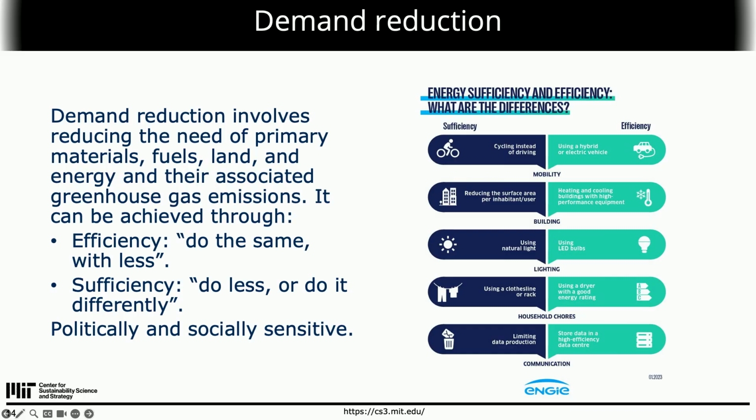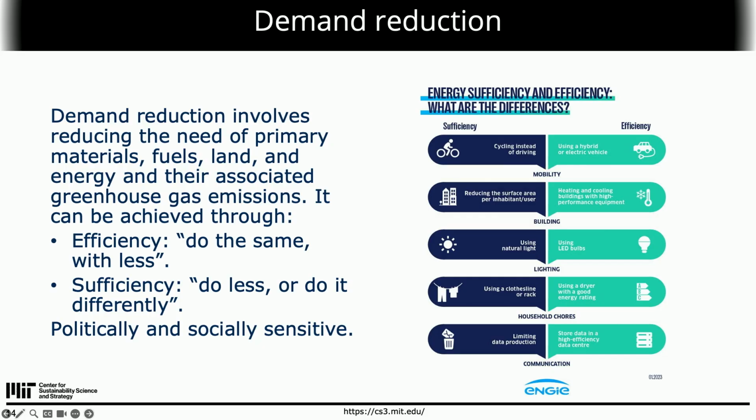But we can also act on the heating and the cooling of this building, like providing more efficient machines to heat and cool this building. In terms of lighting, we can, for a sufficiency side, use more natural lights, and or on the efficiency side, invest in LED bulbs.